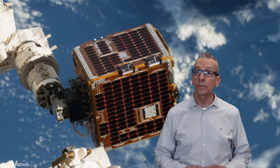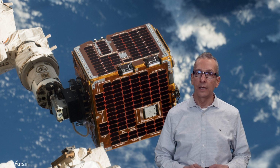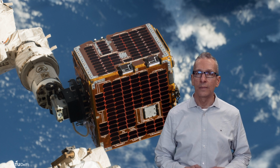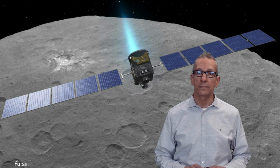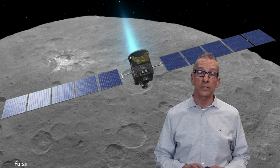Spacecraft are no longer limited to the size of a truck, but are now being reduced to the size and mass of a CubeSat, even one you can put in your pocket. This, in turn, reduces the cost and increases the return of the mission. This increasing refinement and miniaturization of a spacecraft and its systems contributes to providing low-cost access to space. These efforts extend to the design and optimization of the rocket engines and launchers themselves, including sustainable space transportation technologies,